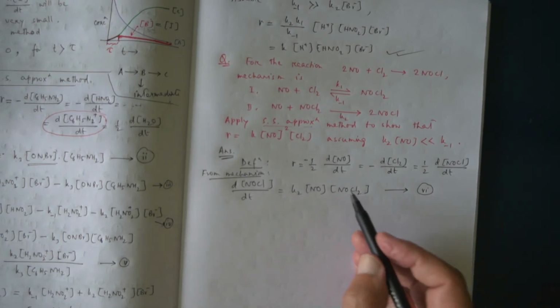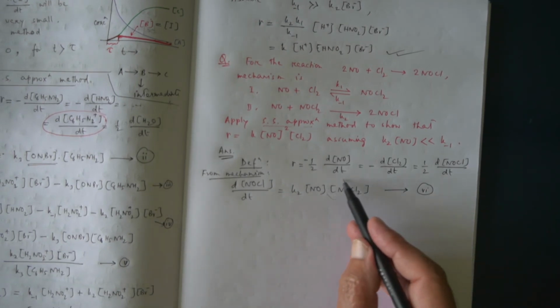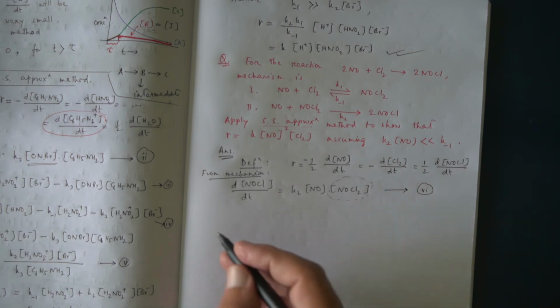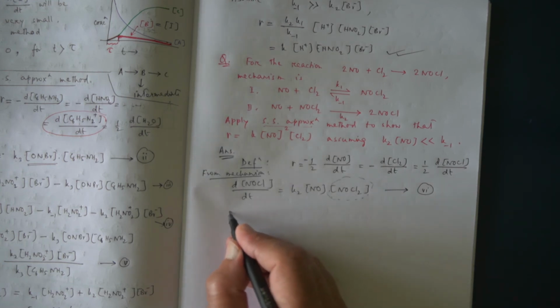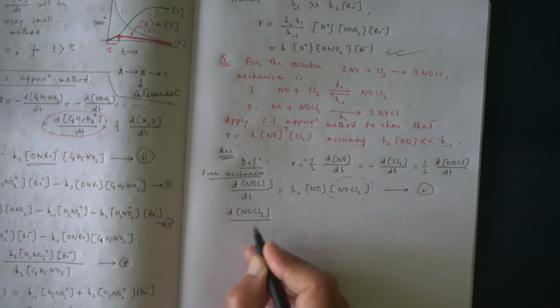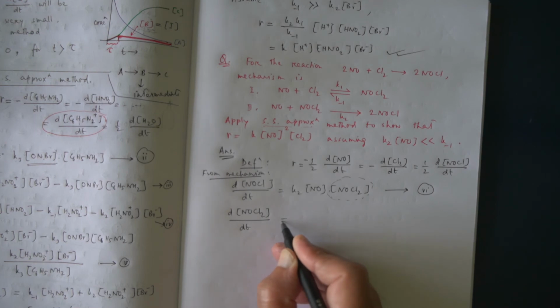Here NOCl2 is the intermediate, so we have to write d[intermediate]/dt, and that is equal to,